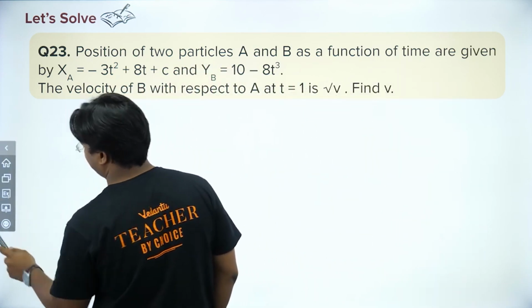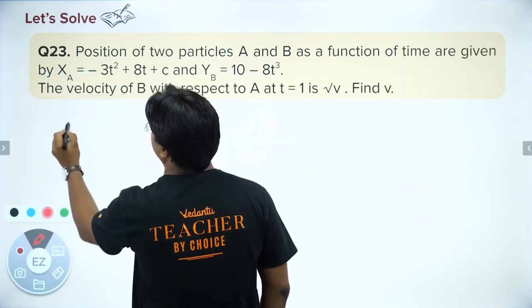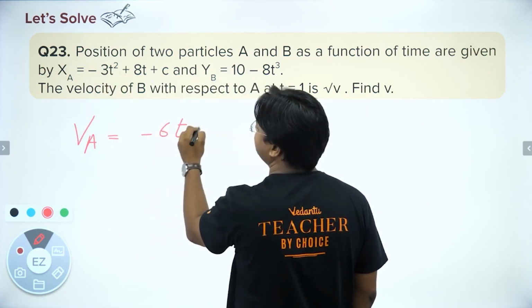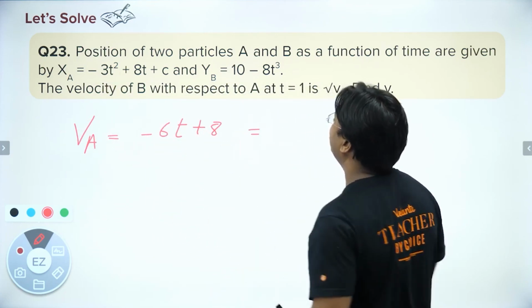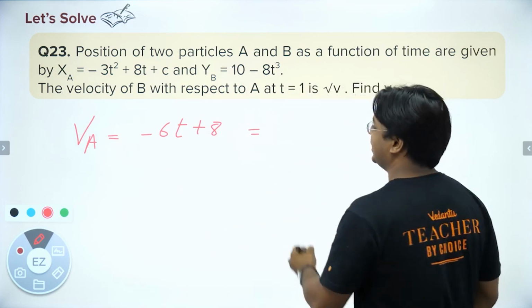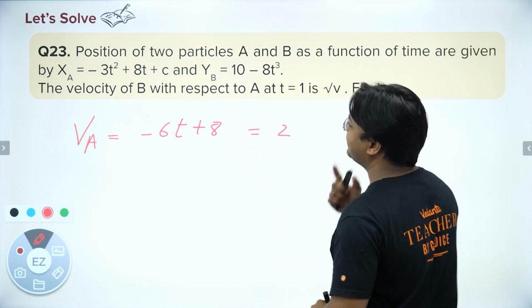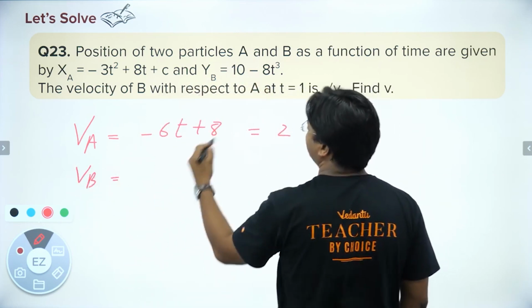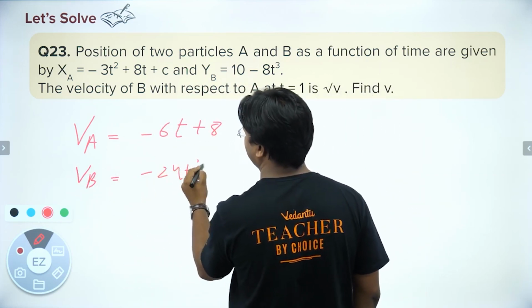You just keep on doing whatever is mentioned in the question. To get velocity of A, I differentiate this one, I end up writing minus 6t plus 8. And for the specific time of t equal to 1 second, this becomes 2. Now if I am writing velocity of B, I differentiate this one to get minus 24t square,